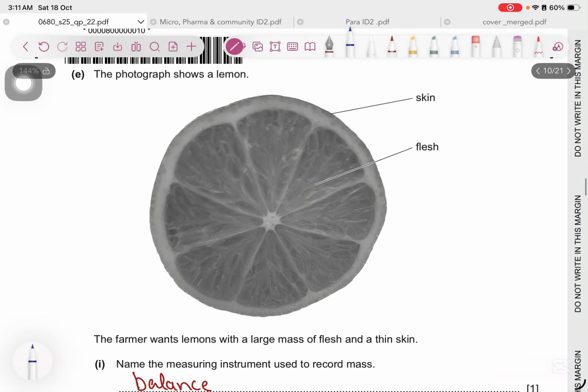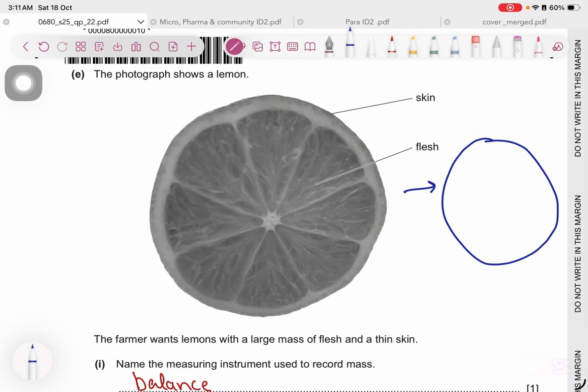Okay, next one is showing you a lemon, skin and flesh. This reminded me of my biology trauma of paper 6, where you have to draw the lemon and everything. I hope you guys got a good grade in it, and I hope you pass if you haven't sat for the exam yet. Anyways,